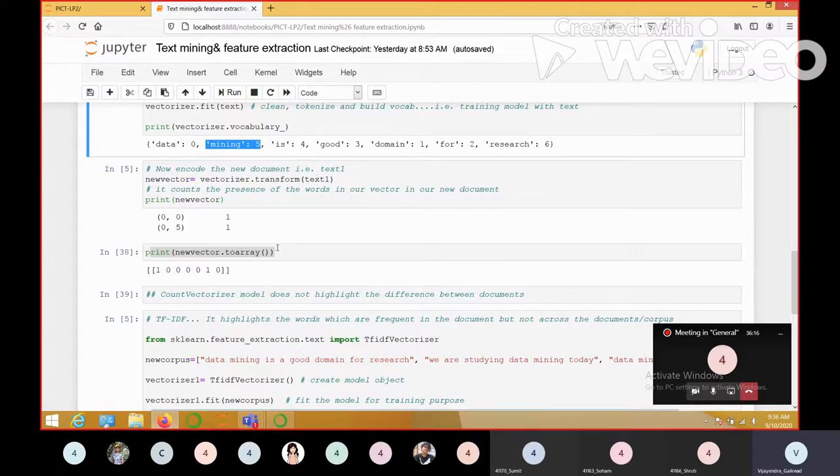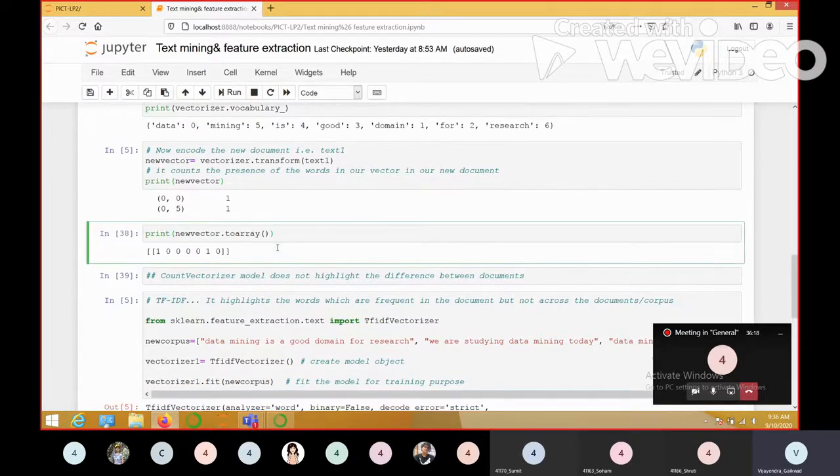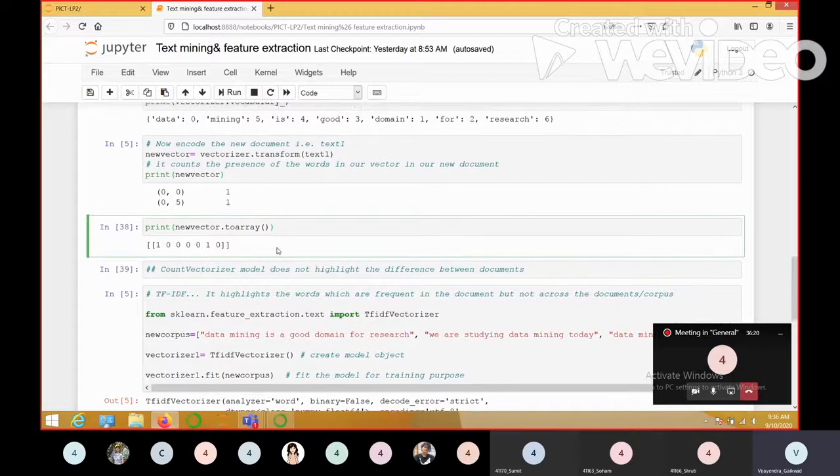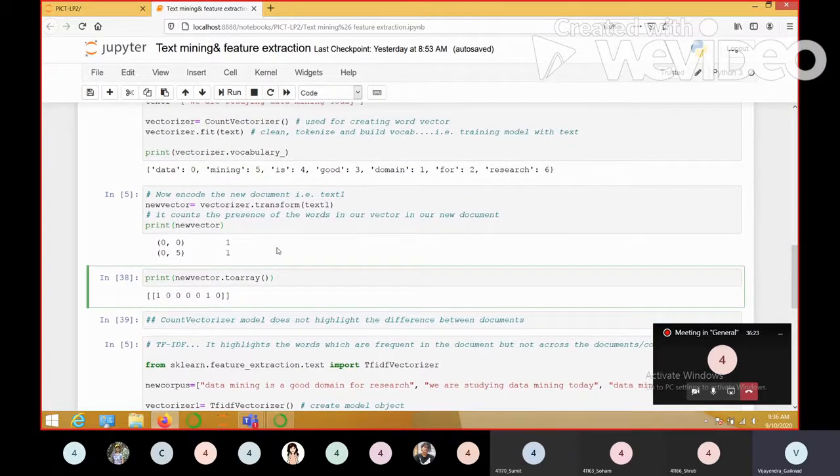Understood? So in general, to summarize, we can say the count vectorizer model will give us the similarity between our documents, right? If we have a corpus, what is the meaning of a corpus? It is a collection of documents, right?